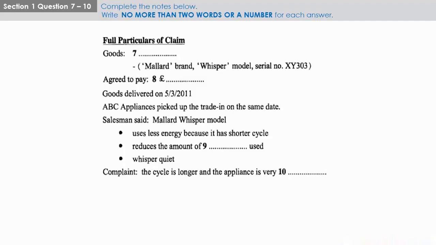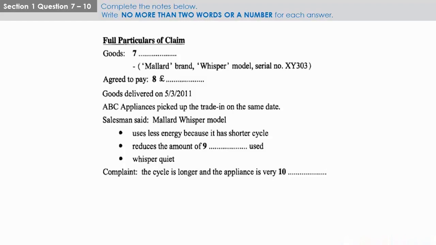You'll need to give a full description of the goods involved, the nature of the defect or fault, and any other relevant particulars. So, tell me, what did you buy? I bought a washing machine. Yes, but what brand, model, and serial number? The brand name was Mallard, and it was the Whisper model. Serial number, just a moment. I've got the warranty papers in my bag. Yes, here it is. Serial number